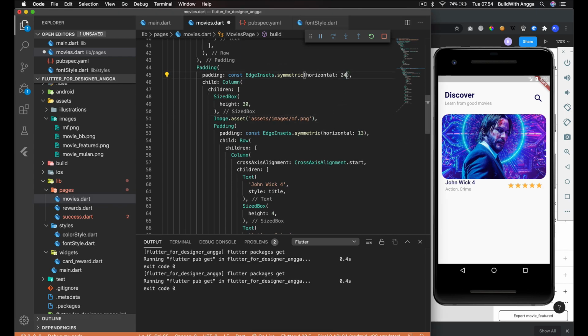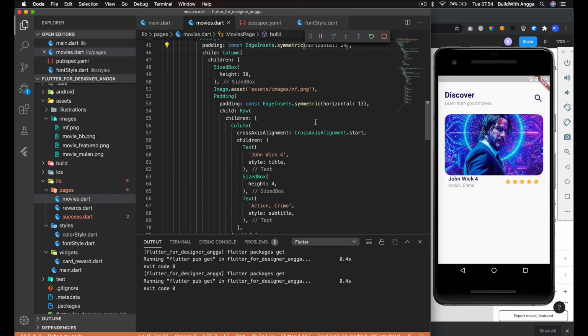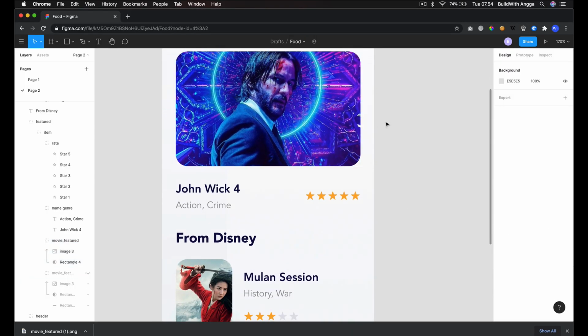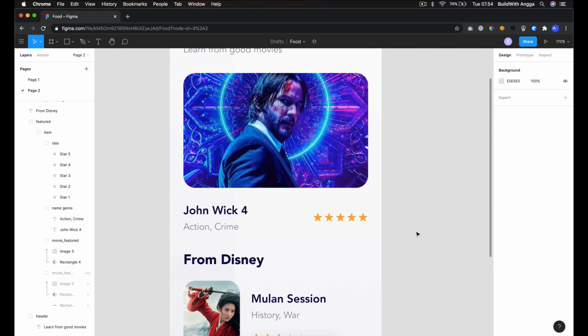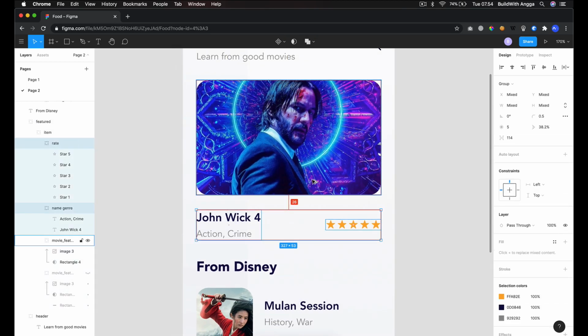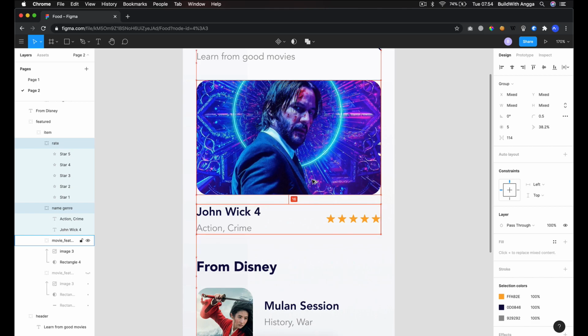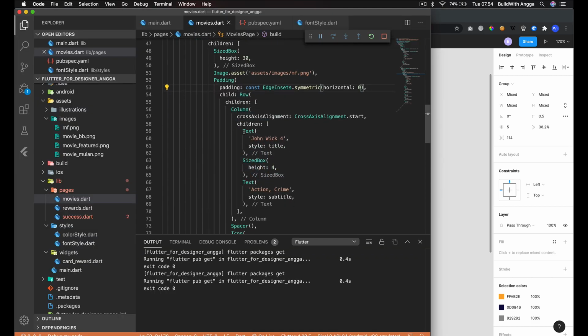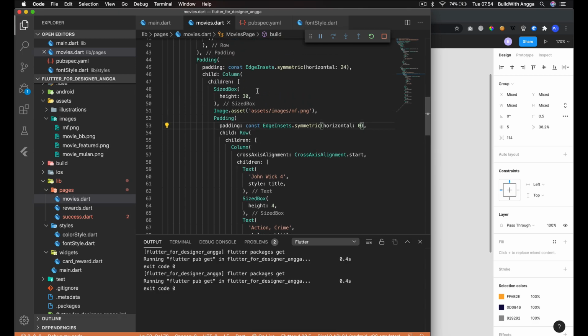So I guess if I change it to 24 and I don't need to use this padding anymore, maybe just a 0. Okay, so it is working properly. So the shadow is the problem. So we need to stick to flat design. Oh my god, really? I guess I need to move it up like 16, right? So in this matter we need to give the size box here, which is 16.